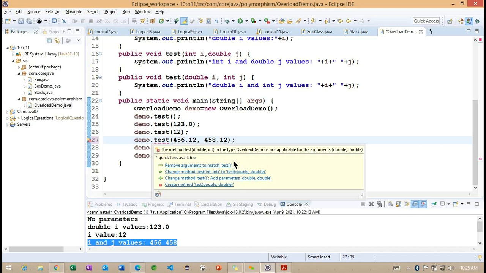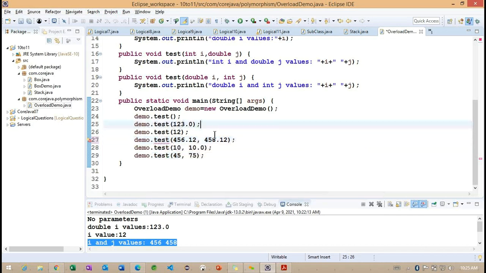These are the suggestions it gives. The compiler cannot understand based on these parameters, so whatever parameters we added here, the compiler does not understand, and it gives an error here.